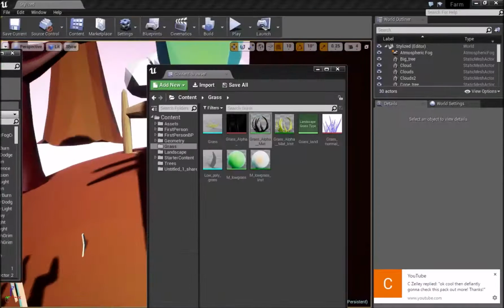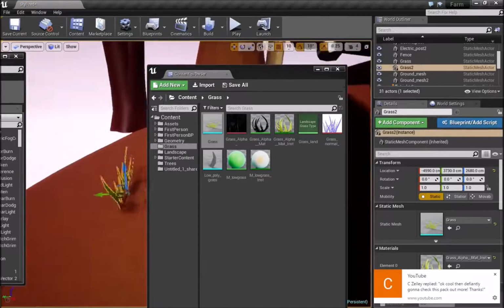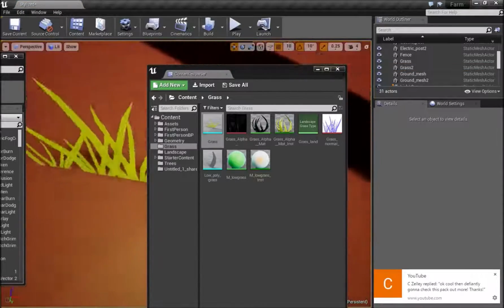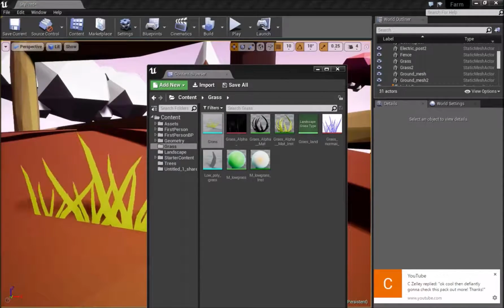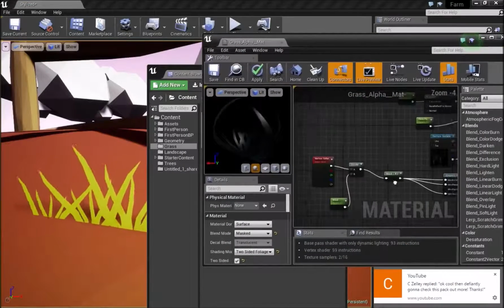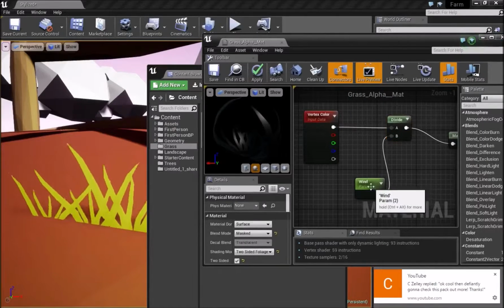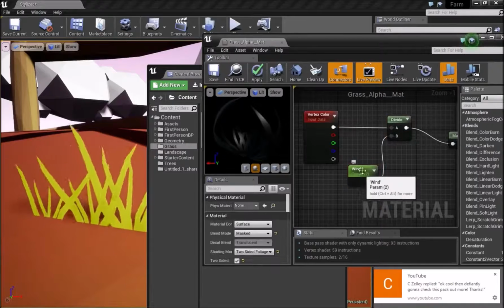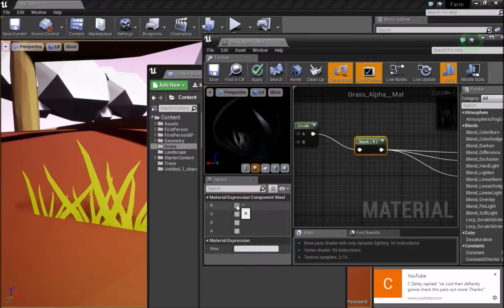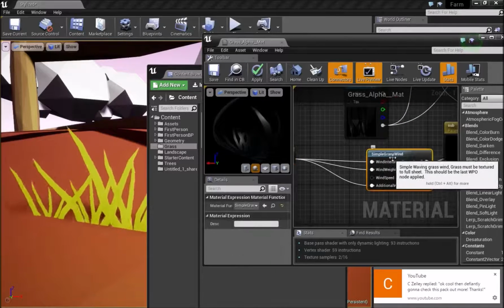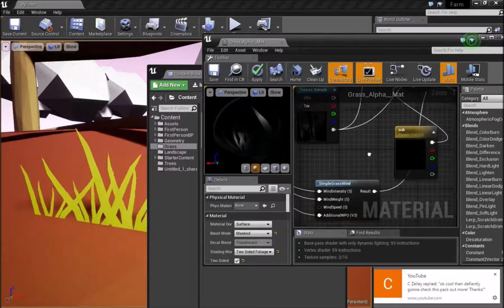Now there is normally an issue, so if I was to drag this grass down here, as you can see, it looks pretty good, and you can see the wind is only affecting the top and not the bottom. How the wind works is you use the vertex color, you divide that, and then I'm using a scalar parameter to determine how much the wind should be, and then I am masking out the red channel. And I'm using a simple grass wind node, which you can find inside Unreal Engine very easily, which goes into